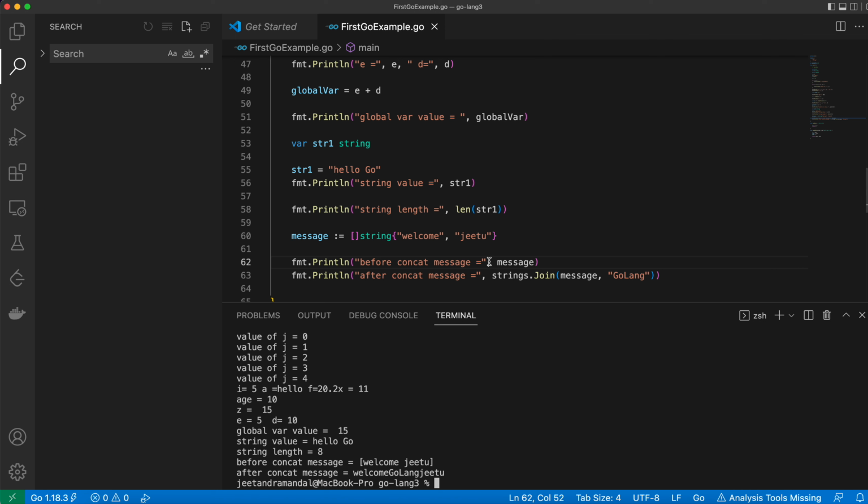So you can see that I had printed before concat, and then I had printed this. Let's give some space so that we can clearly see the concatenation parts. After welcome, we have concatenated GoLang. Okay, so that's how string concatenation works, this join function will concat the strings, and the length function will give you the length of the string,